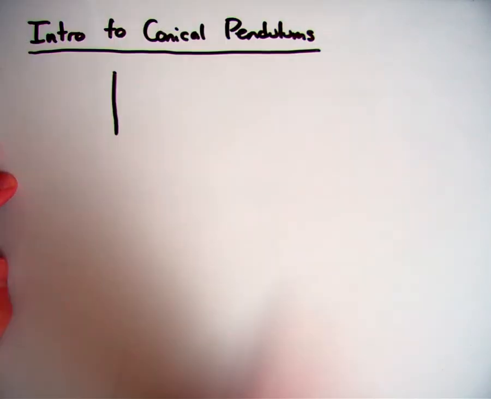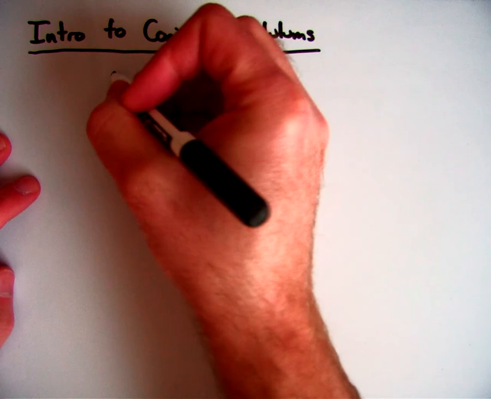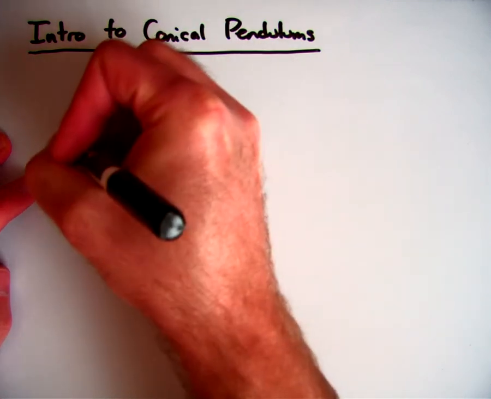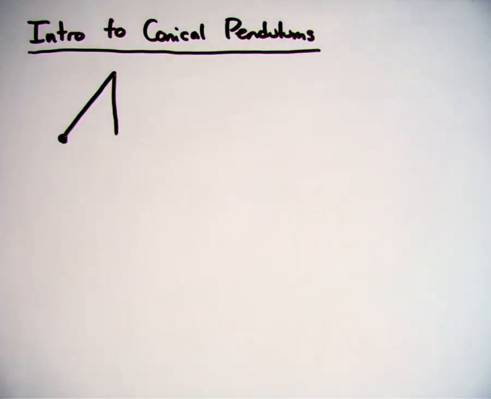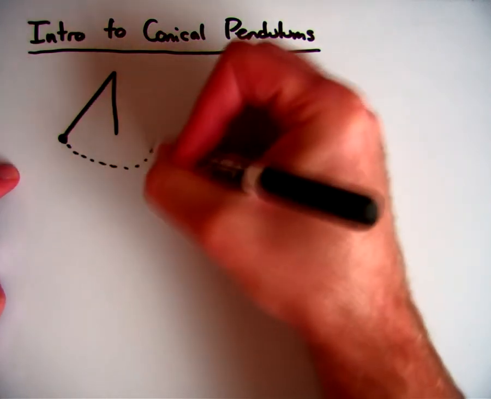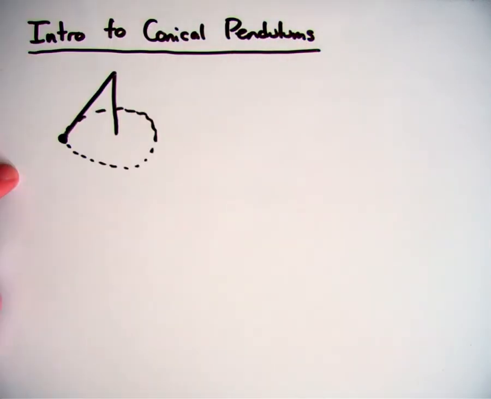And let's say this pole is attached to a string, and the string is coming down like this. And let's say we have an object at the bottom of the string. So if we're going to swing this object around in a circular path, it's not a perfect circle, but it's going to be something along those lines where the object is going to just move in a horizontal circle. Now, the fact that it's moving really in a horizontal circle, if you look at it from side to side,